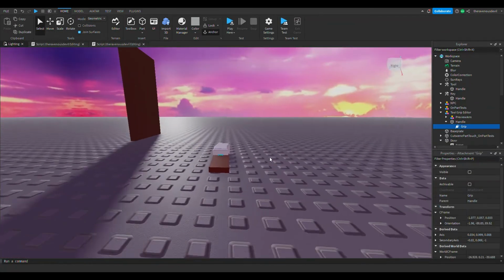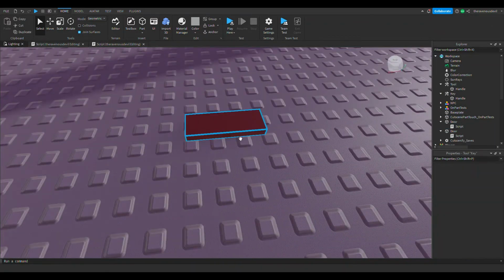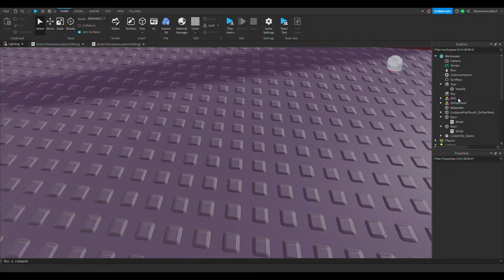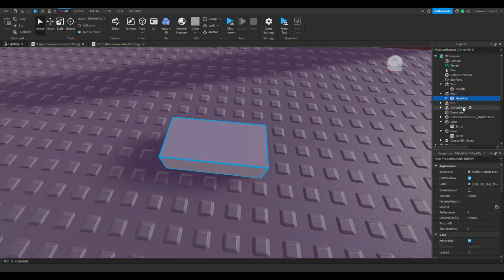Now let's change the mesh, right? Let's change the mesh. So click on this, and on this handle part, you want to delete the handle part. You're probably wondering what is going on. Trust me. Click on mesh part over here, and on the mesh ID, click on the folders tab and import your